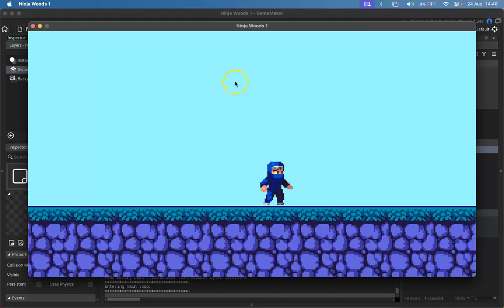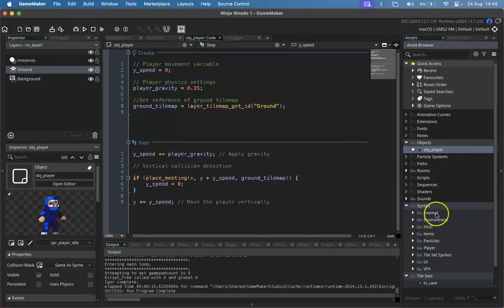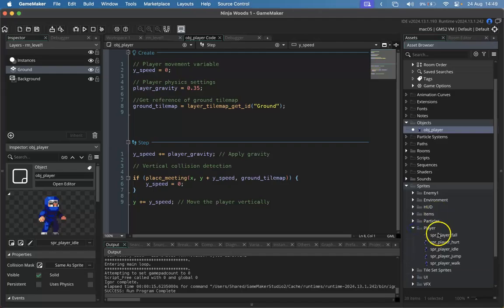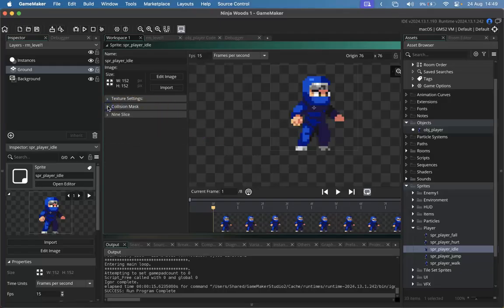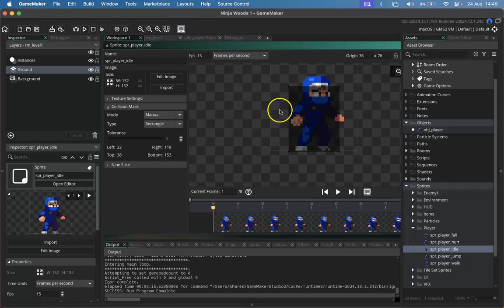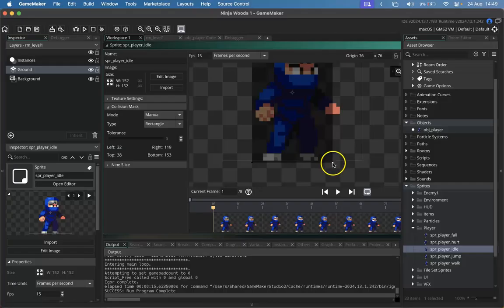Boom. Our little person has now found the ground, but you can see there's actually a small gap there, which is less than ideal. So let us close this. And what we're going to do is look at the sprite and see what might be causing that. So if I go to the player sprite, and we're looking at the idle one here, you want to expand out collision mask. This is the shape that the game uses to detect collisions. And you see the way that this has been loaded, this little box here is actually a little bit too low. So if I move that to the bottom of his feet perfectly and run again,